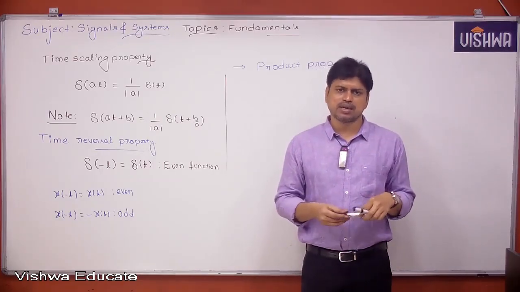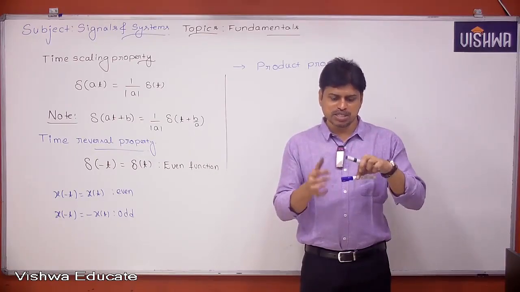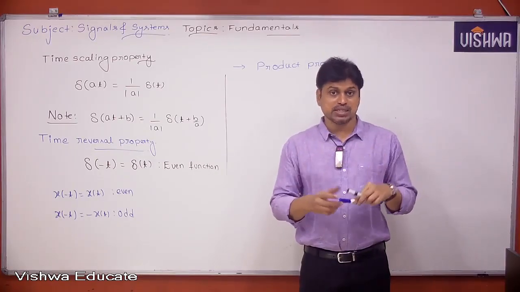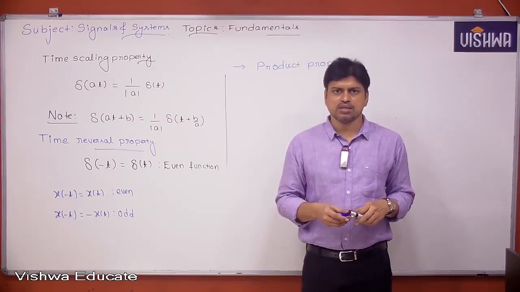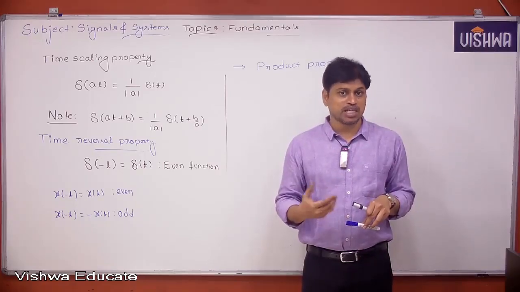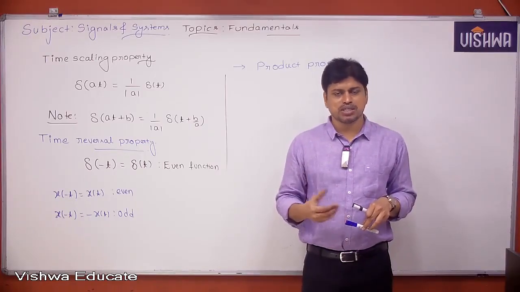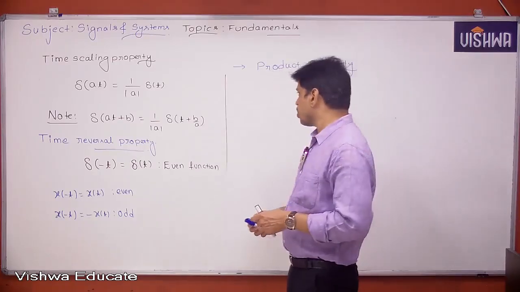In the same manner, addition means add the amplitudes. Subtraction means amplitude minus amplitude at each and every instant of time. These are the amplitude operations. We will see that later. But for the time being, addition means addition of amplitudes, multiplication means multiplication of amplitudes, subtraction means subtraction of amplitudes. So the product property means, let's say,